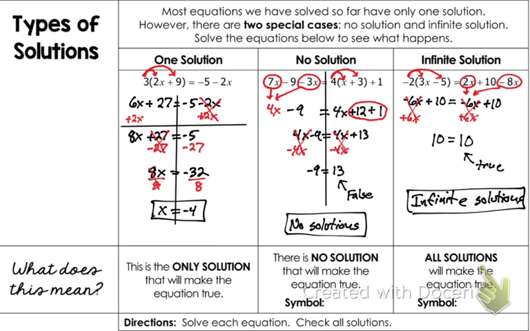Are we good on that? Does that make sense? So we didn't do anything different. We just solved like normal. It's just sometimes our variable will cancel out, in which case it either means it's no solutions if it's a false statement, or it's all solutions if it's a true statement, which means we need to take our time and solve these correctly, because if you didn't solve it correctly